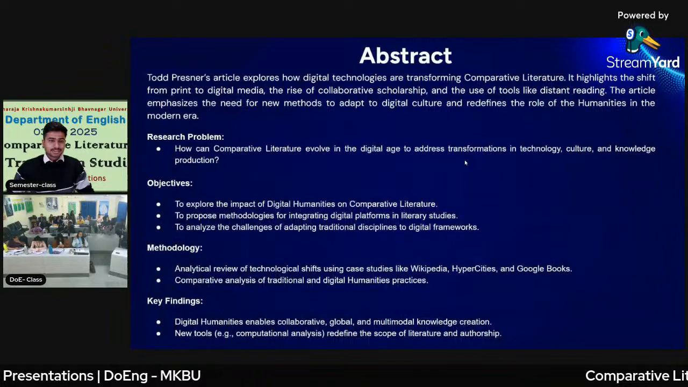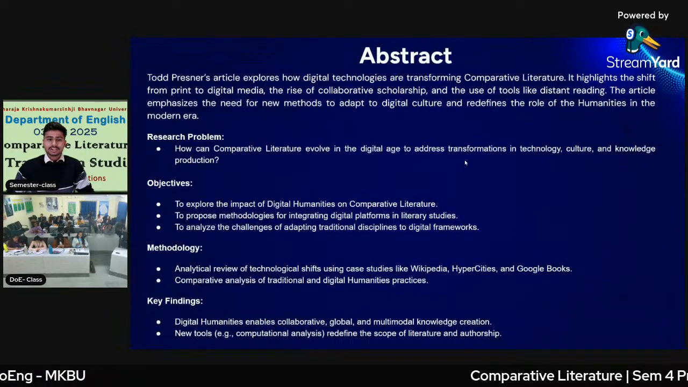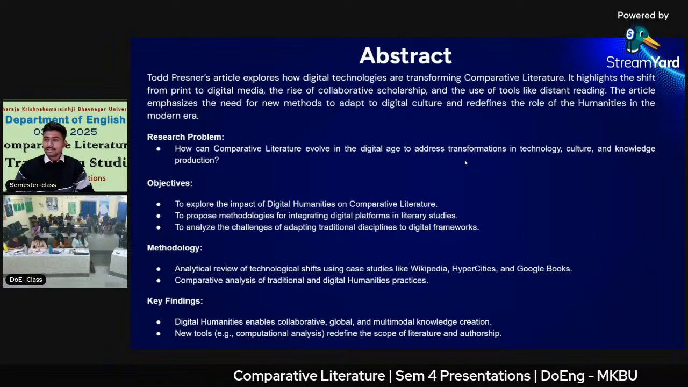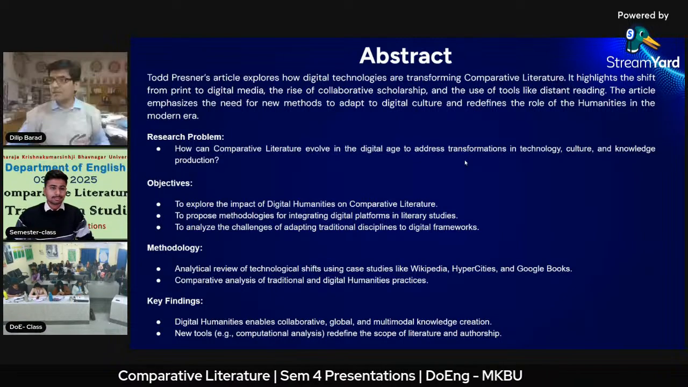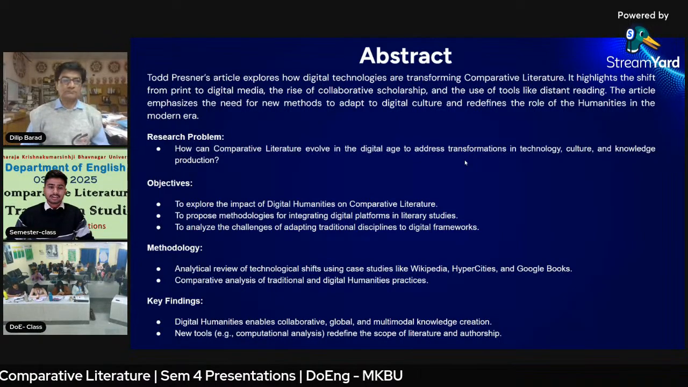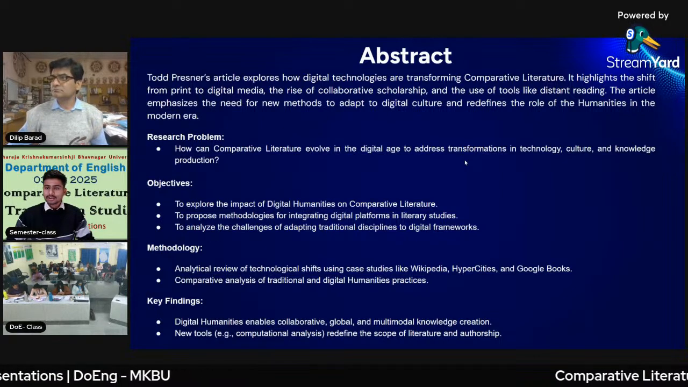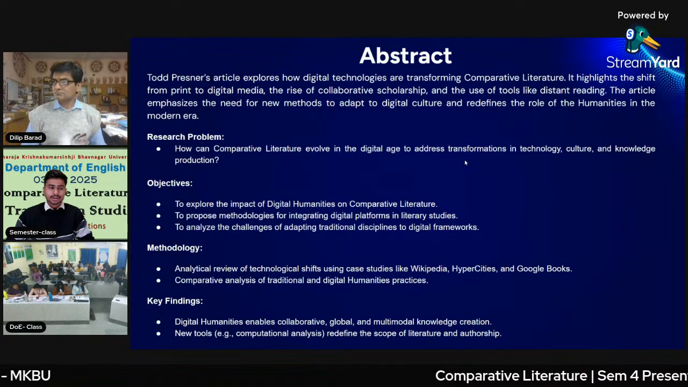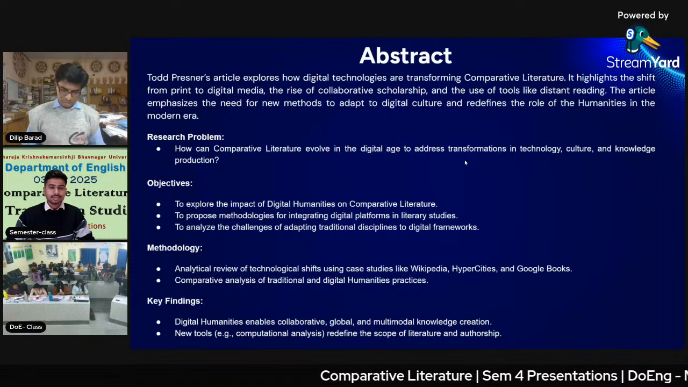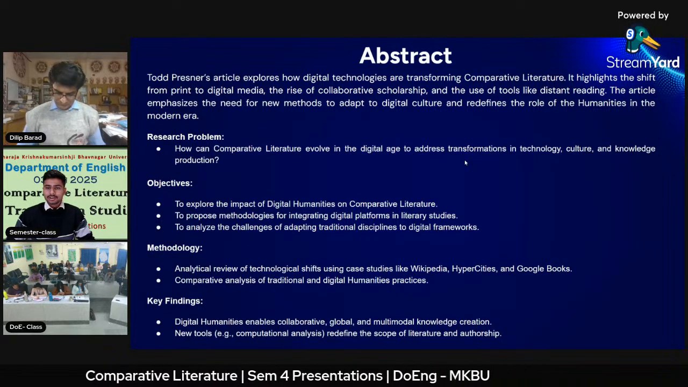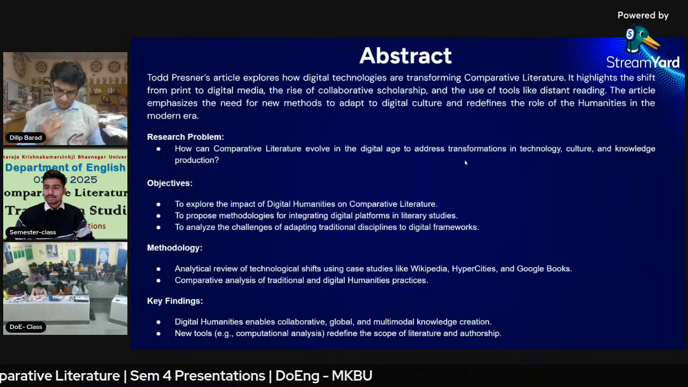Abstract. Todd Presner's article explores how digital technologies are transforming comparative literature. It highlights the shift from print to digital media, the rise of collaborative scholarship, and the use of tools like distant reading. The article emphasizes the need for new methods to adapt to digital culture and redefines the role of the humanities